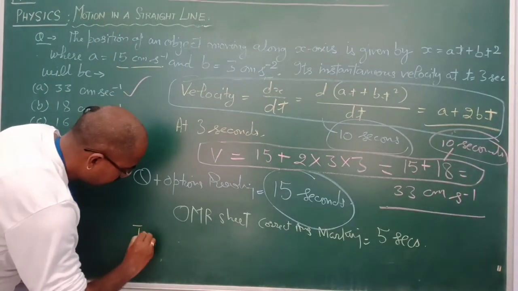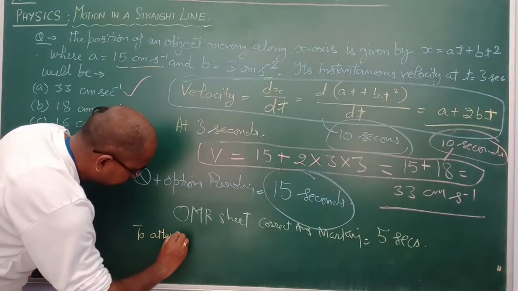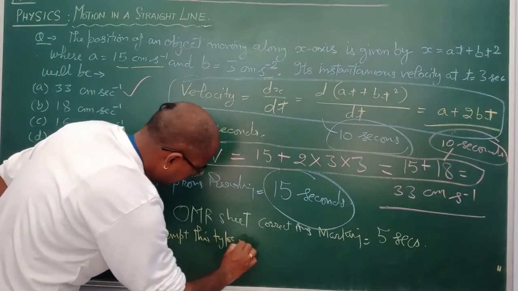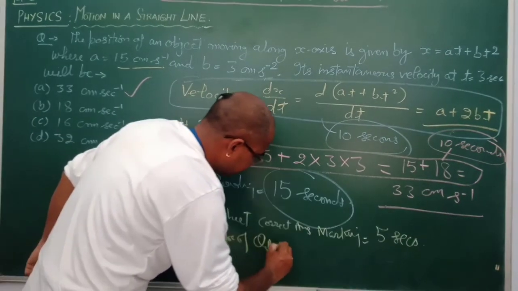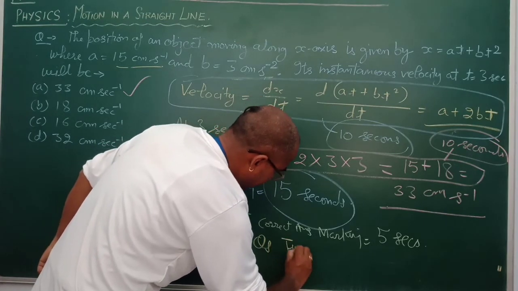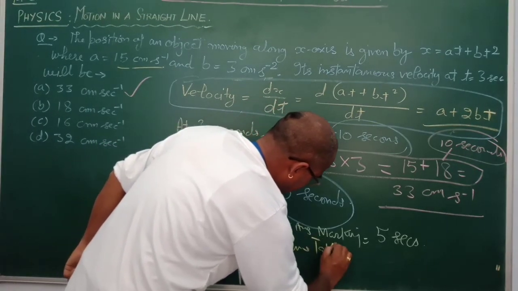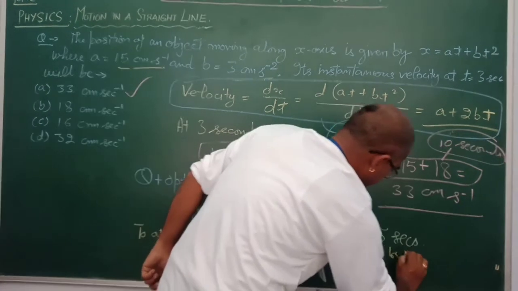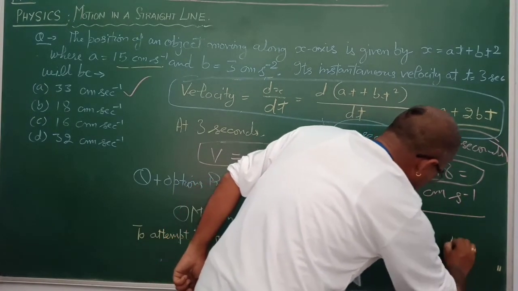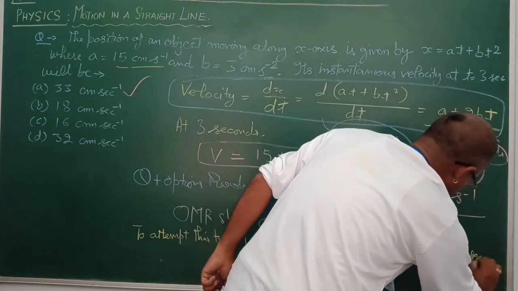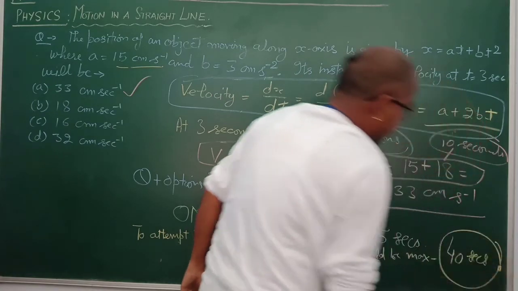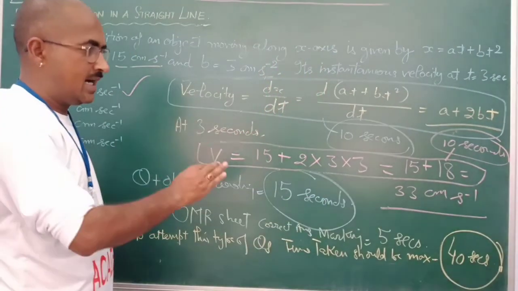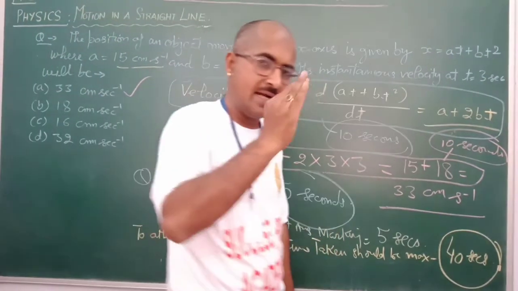To attempt this type of question, time taken should be maximally 40 seconds. Note this, 40 seconds में आपको ये सारा क्वेश्चन पढ़ना है, सॉल्व करना है एंड OMR शीट